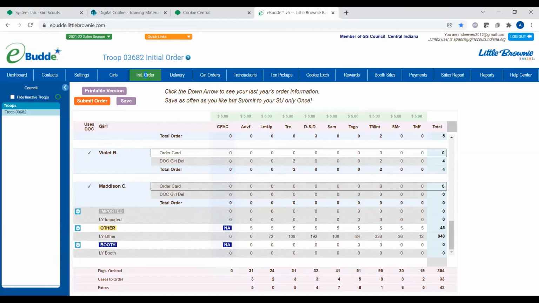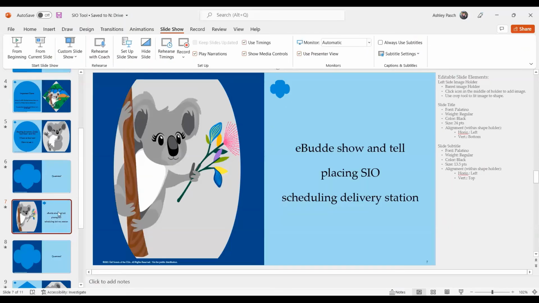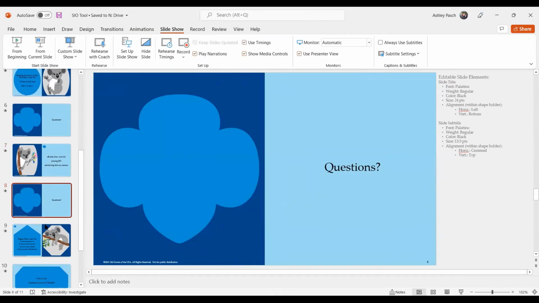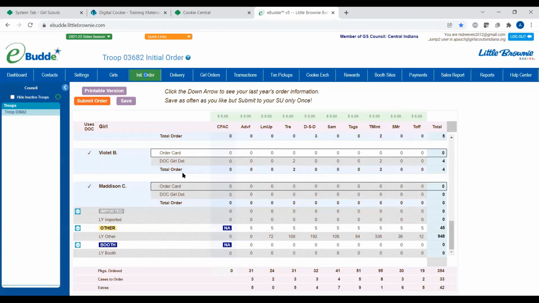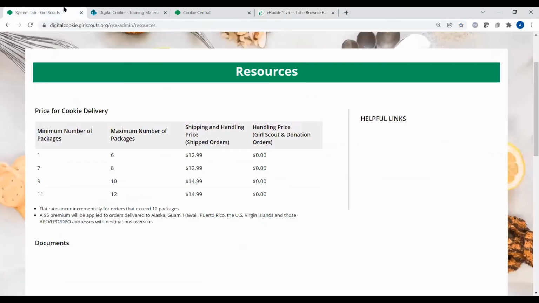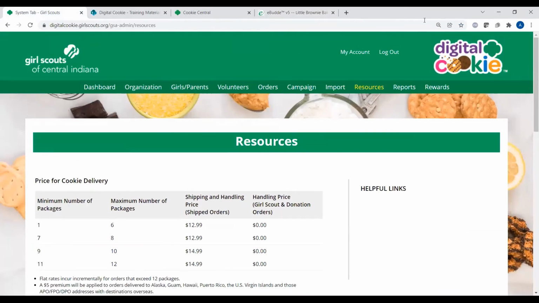All right, let's see. Let me go back here. So we talked about placing your order and your delivery. So we did a show and tell on how girls put their initial paper order cards in, how you pull that report. So girl delivered, we've talked about how it flows into eBuddy. But one thing I should note, because Digital Cookie went down last week, we noticed